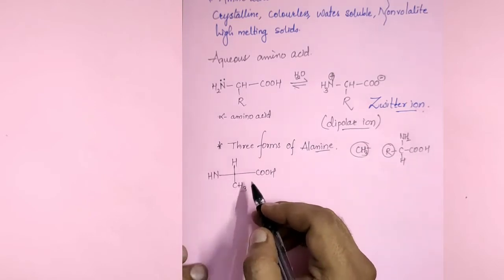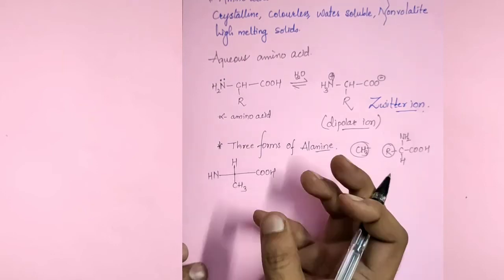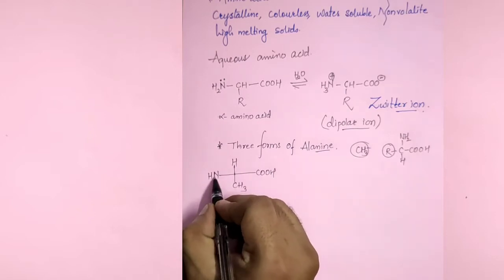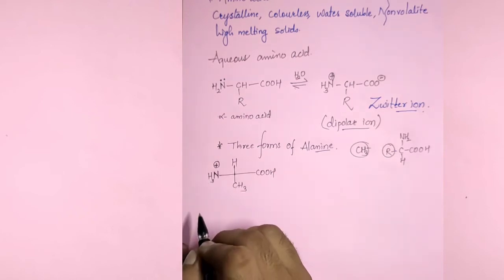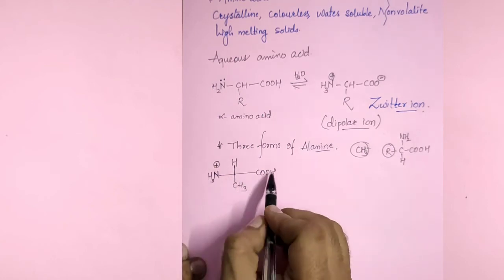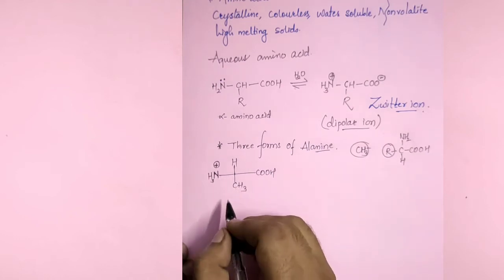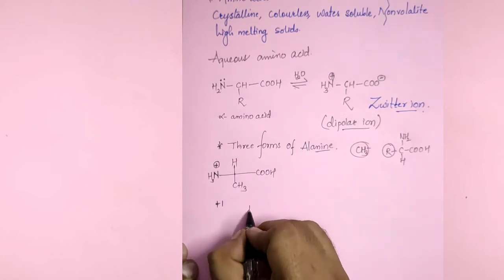Now when this alanine is added into the water, the hydrogen atom is abstracted by the nitrogen atom. It forms NH3 plus. That means only a positive charge has been given on the nitrogen. So this is one form of the alanine. If this happens, overall charge on the molecule is +1, and the pH has been observed. The pH has been observed, small p capital H.